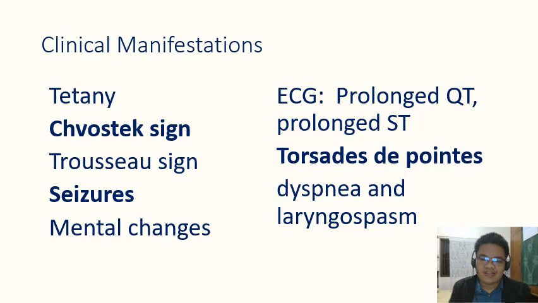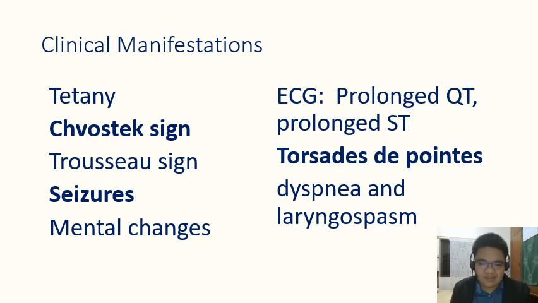Let us discuss the clinical manifestations. The first one is tetany. Your tetany is characteristic of hypocalcemia and hypomagnesemia. This is because of neural excitability. Chvostek sign is elicited by tapping anterior to your ear. You're tapping the facial nerve here. By the time you tap the facial nerve and your patient has hypocalcemia, there will be twitching of the